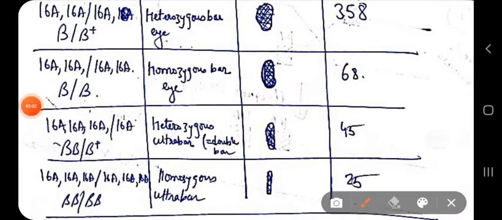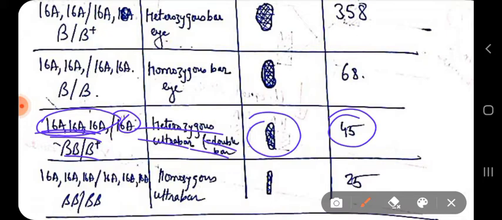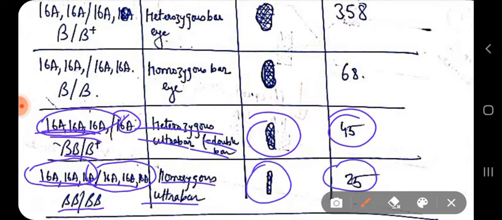If more 16A region is present, you can see one chromosome of that homologous pair of chromosome has 3 times the 16A region present. Okay, that leads to heterozygous ultra bar, which is double bar, and that leads to more reduction in the number of facets, as well as the structure of the eye being slit like in structure. This is an exceptional case. The 16A region is repeated thrice, 3 times, in each of the chromosomes from that homologous pair of chromosome, and that leads to homozygous ultrabar. And see, so much reduction in the number of facets, which leads to more slit like eyes.